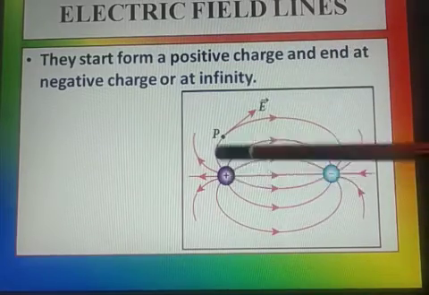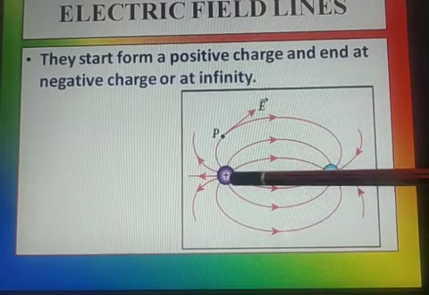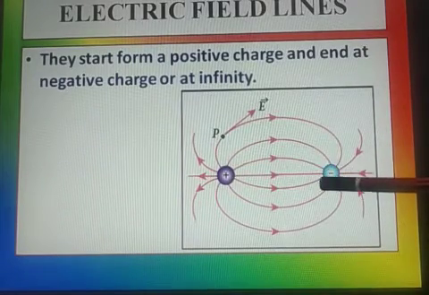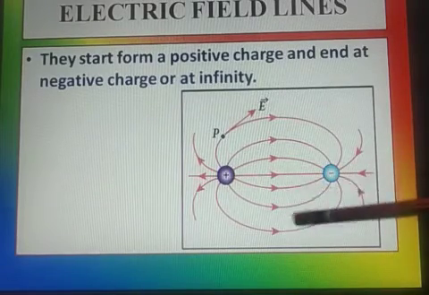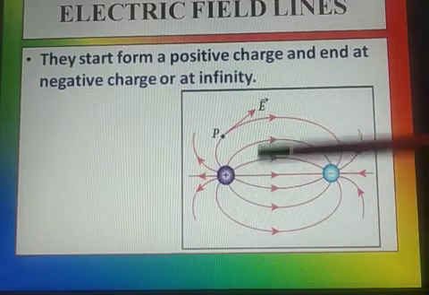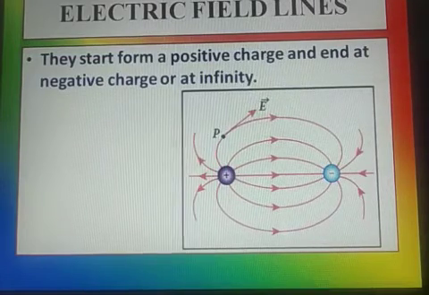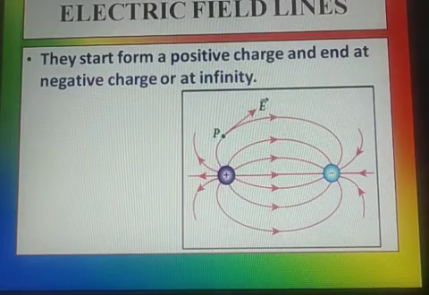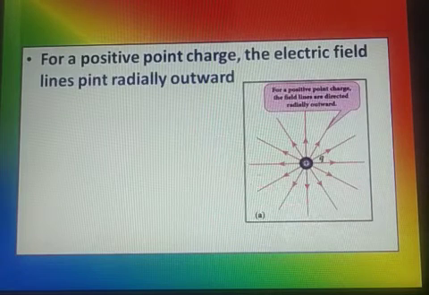Electric field lines always start from a positive charge and end at a negative charge. All these red color lines represent the electric field lines. So electric field lines always start from positive charge and end at negative charge or at infinity. Second, for a positive point charge,